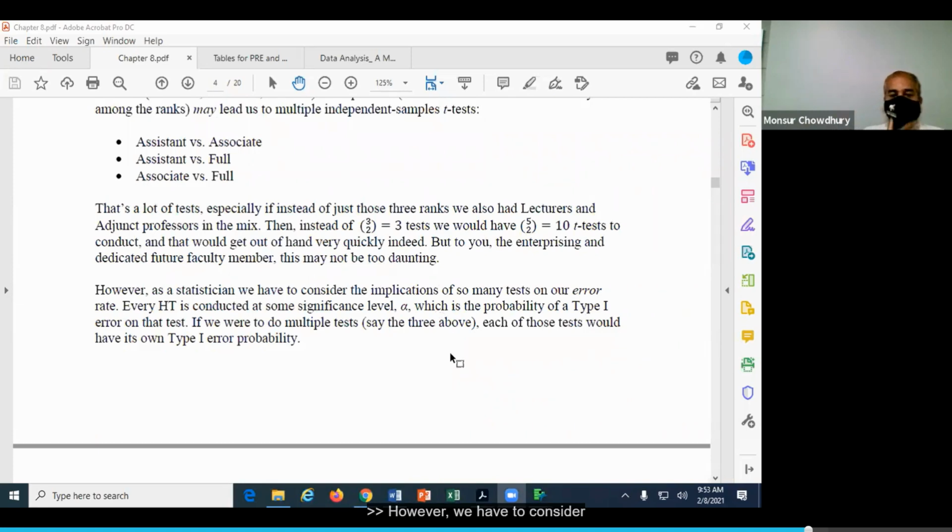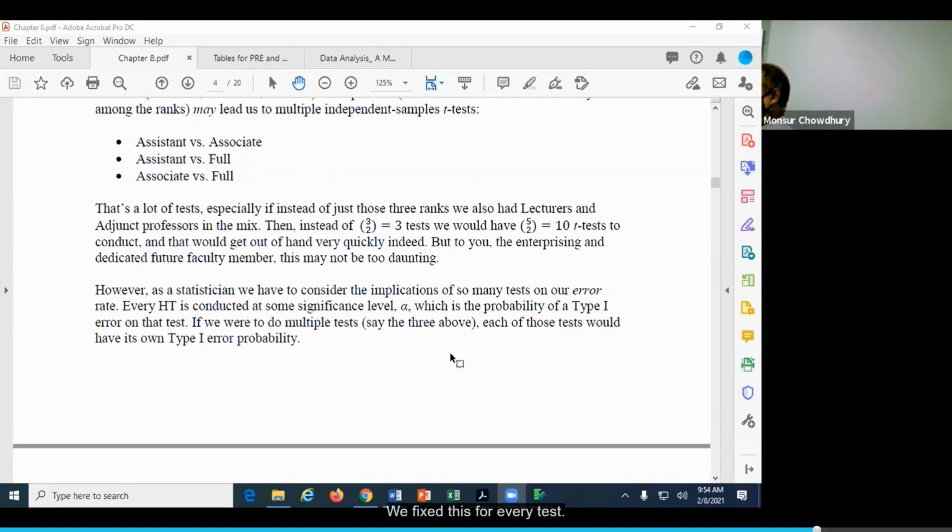However, we have to consider the implications of many tests on our error rate, whether our error rate is 5% or more. Now, every statistical hypothesis testing (HT) is conducted at some specified significance level. If you remember, we always say 5%. So we assign that there is a 5% chance that we can make some error.